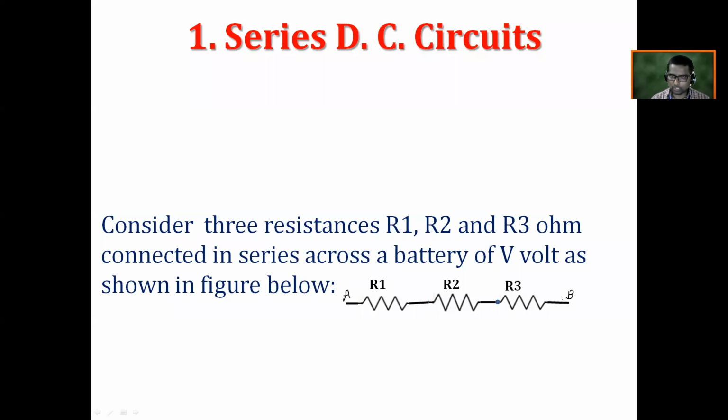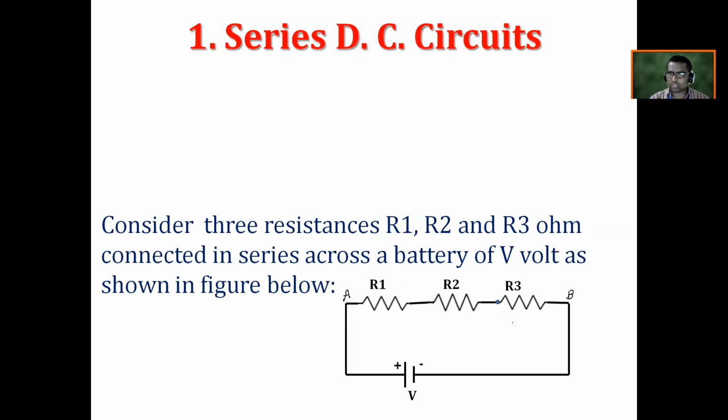Then when these two ends are connected to the external DC source, the circuit is closed, and this circuit is called a series DC circuit. Series stands for the resistances R1, R2, R3 being connected in series, and DC circuit stands for this series combination of three resistors being connected to the DC energy source, so the entire circuit is called a series DC circuit. Are you clear on my point?